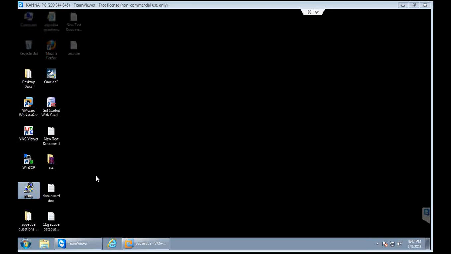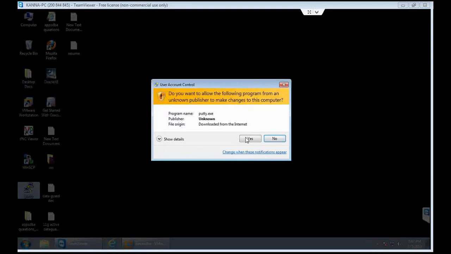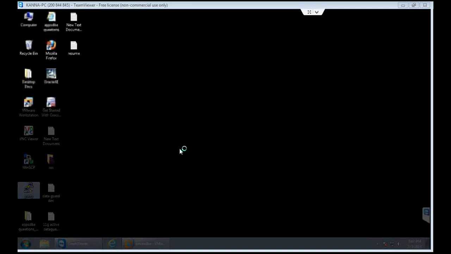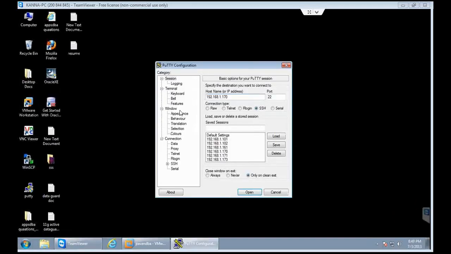So how we are going to connect, I am just showing you. The moment you double click on PuTTY, you would be seeing something like this. Of course, first time you will see everything blank over here. In host name, you need to provide the IP address of the Linux operating system.